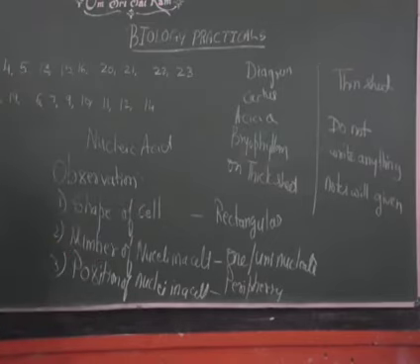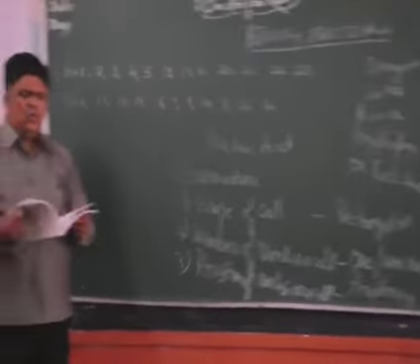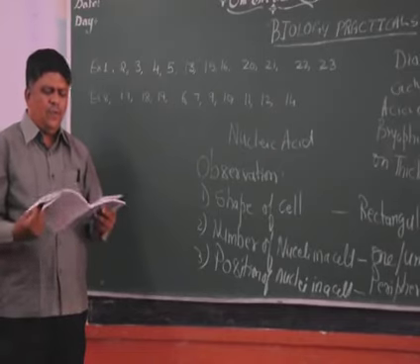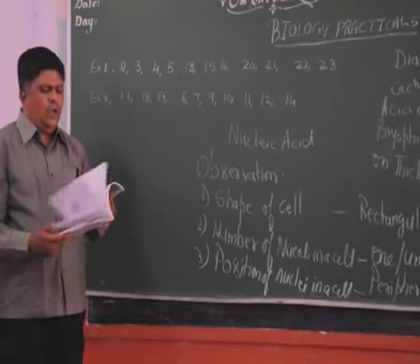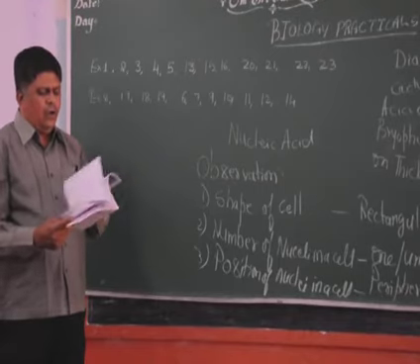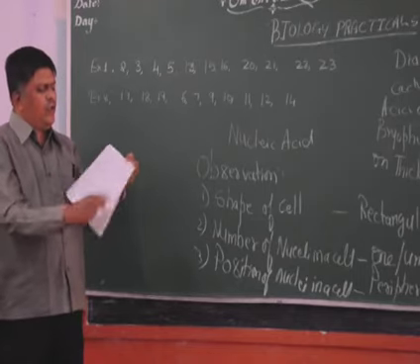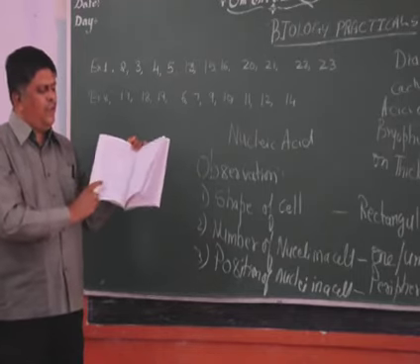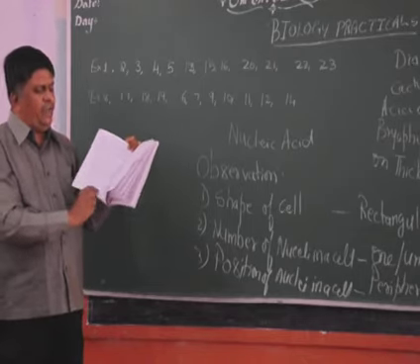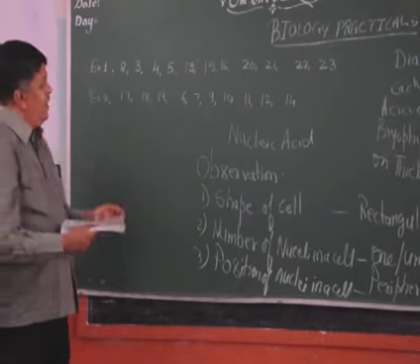Then once you come to exercise 8, I think it is pH of soil. So you can write the procedure in one page. Then you can leave the sheet as it is because you require the tabular column. So pH of water you can complete in one page. This should be written on the thick sheet. So leave that thick sheet. You write the tabular column and leave the space as it is for it.